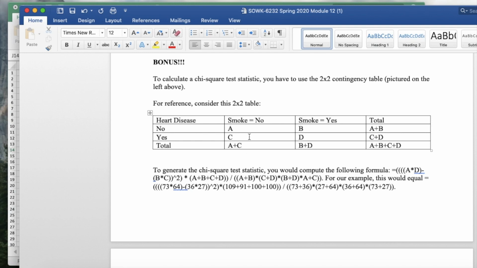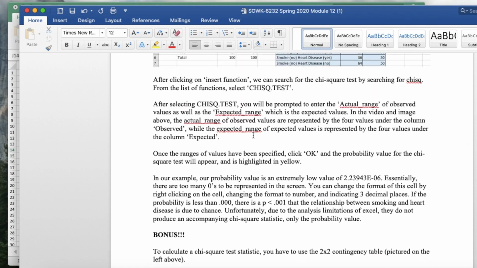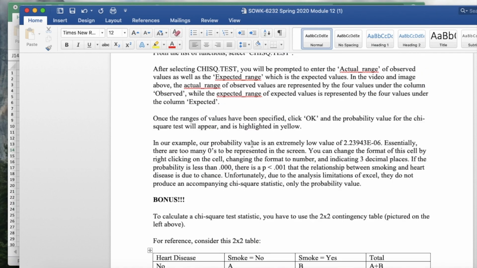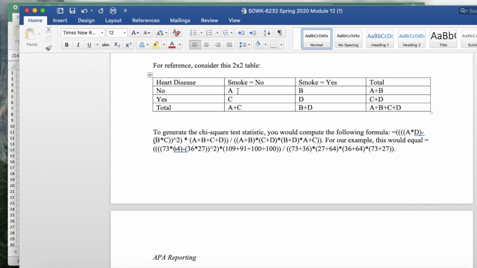And what I did here was I basically reformatted our data that we had from the observed values into this 2x2 contingency table right here. And I indicated each cell with a letter, and I wanted to do this so you could see the formula for a 2x2 contingency table crosstab,